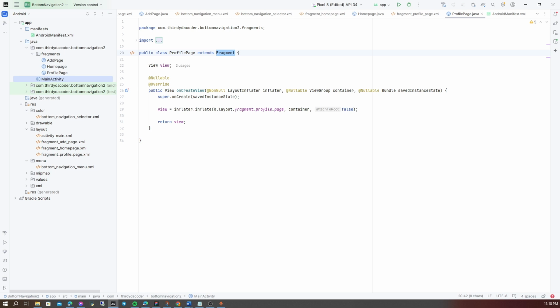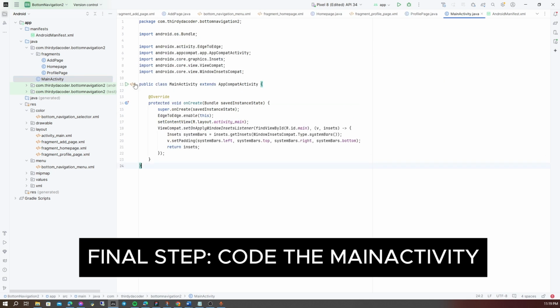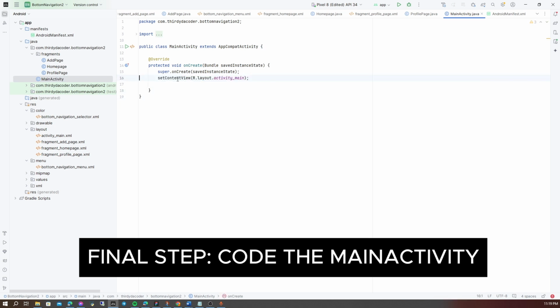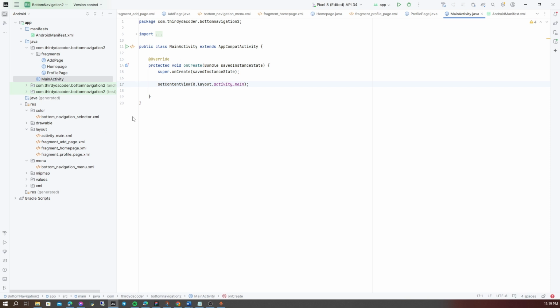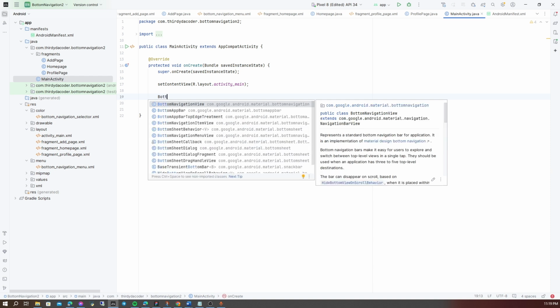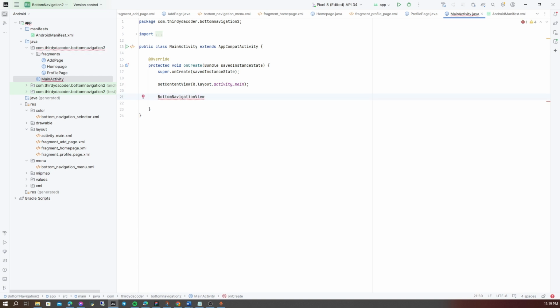Okay, our next step is to code the main activity. Delete some things that are not important today. So we can code the bottom navigation view, the built-in function for the bottom navigation view for this video. We can name it bottom navigation view or bottom nav, it's up to you.